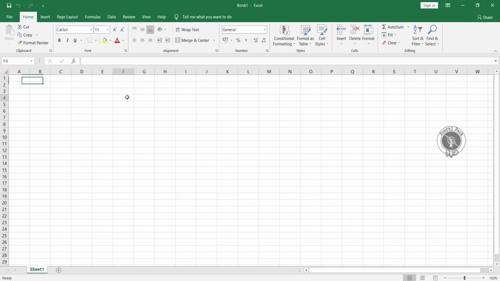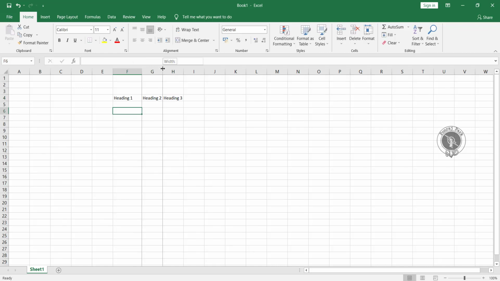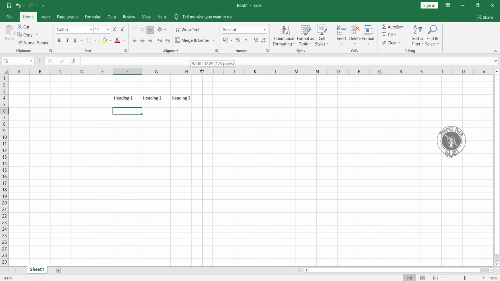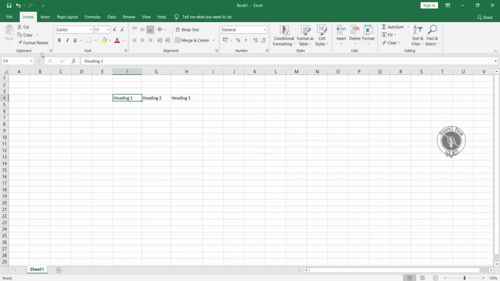So suppose I just enter some text over here. I'll just change the cell as well. The first option we have here is the font.